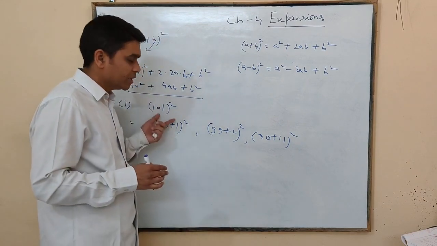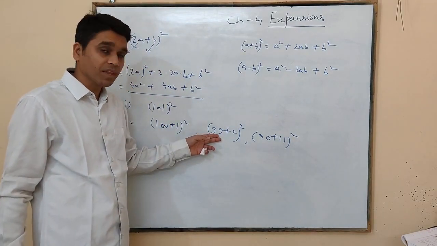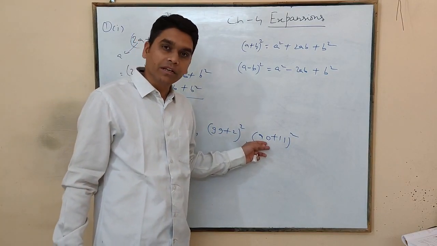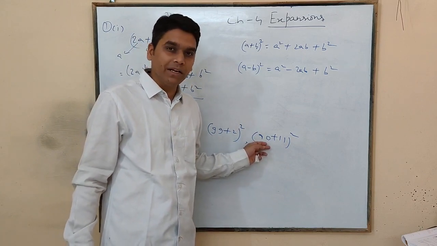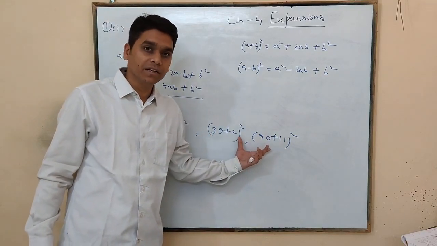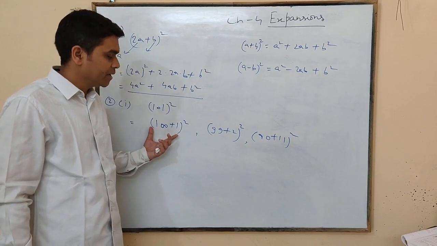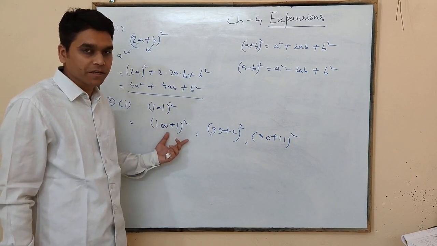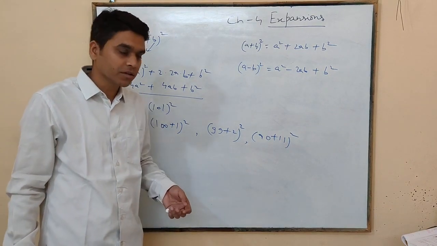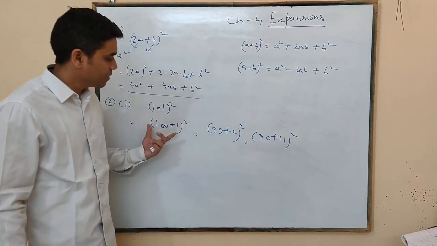If we are breaking this value in simple form, we can easily solve. If we take 99 and 2, we know the square of 99 and the square of 2. If we take 90 and 11, we know the square of 90 and the square of 11. But these are a little bit difficult as compared to this. Clear? If we take 101 as 100 plus 1, this is very, very simple, because the square of 100 we know, the square of 1 we know. The others we can also take, no problem, but the simple one is this.